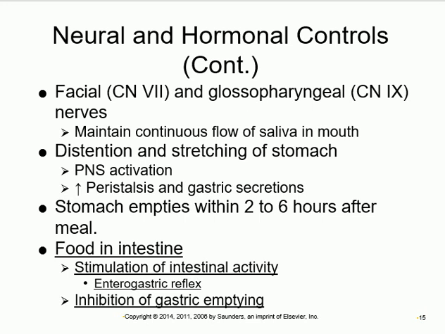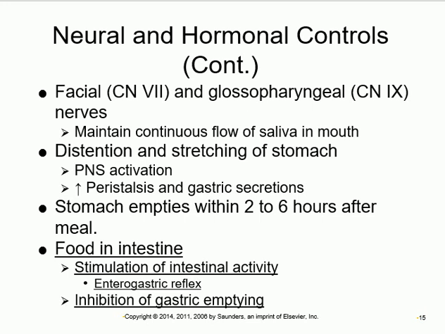So the food is going to stay in the stomach for 2 to 6 hours. And when the food goes to the stomach, there is a reflex that's important to know. When the food leaves the stomach, which is a chyme now, right? And it goes to the intestine. The intestine is taking care of the food, digesting it, absorbing it, so it will tell the stomach, enough. Don't give me any more, right? I'm busy now. You already gave me the food, and I'm taking care of it. Stop giving me more. So it's going to suppress, inhibit the stomach. And this reflex is called